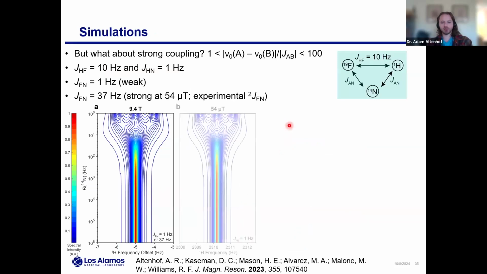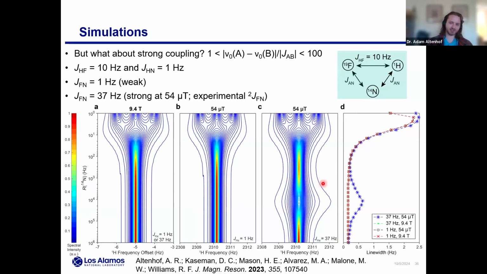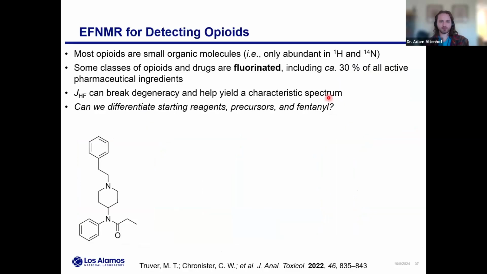Now, what was unique about the Earth field NMR, I'm really not going to discuss this. This is a bit too much into the weeds. Again, just reference the paper, but there are unique effects that happen because there's strong coupling between our hydrogen and fluorine and nitrogen. So basically what we saw was these really rapid relaxation rates, which probably won't show up at high field, did cause line broadening effects at Earth's field. So just to say that the Earth's field is going to be more sensitive to these quadrupolar relaxation effects when strong coupling is present than would happen otherwise.